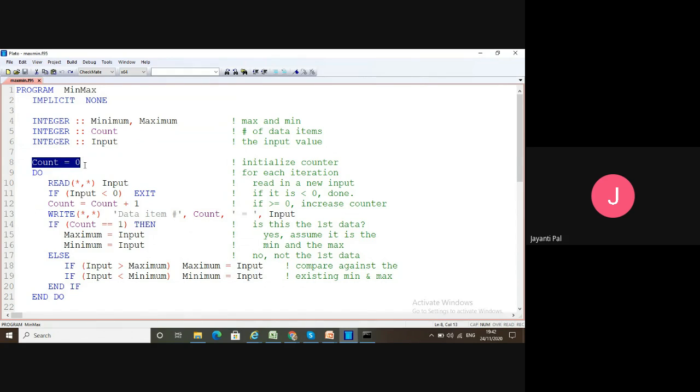This type of initialization is basically done to start something. For this particular problem it is not a very essential part, but it can be done because it helps you count your iterations.